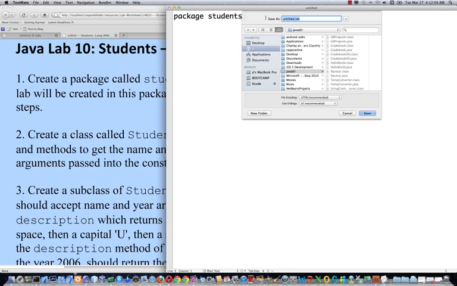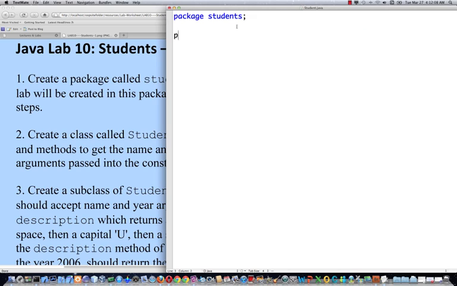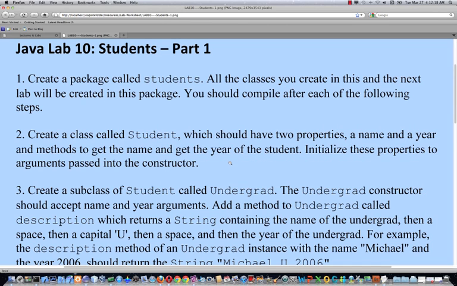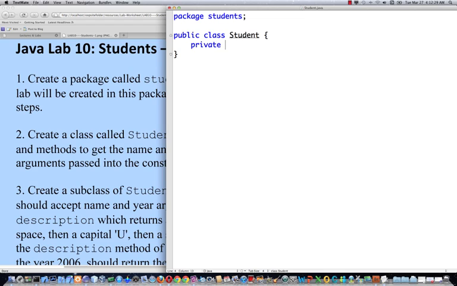The name of the class is student. Public class student. And the student class has two properties, name and year, and two methods ይኖረናል, then also constructor ይኖራል, through which we initialize the two fields. So private string name, private int year,